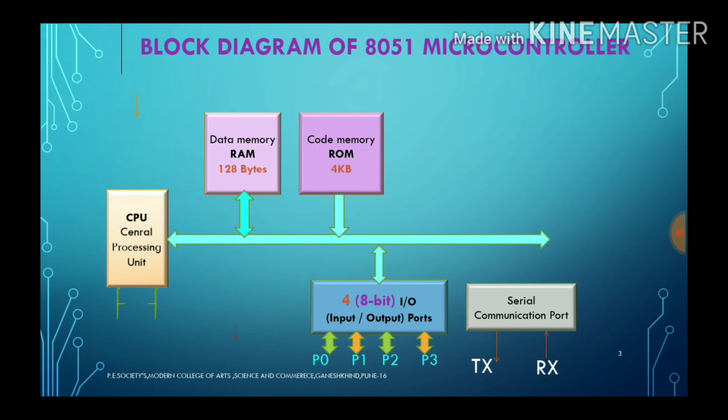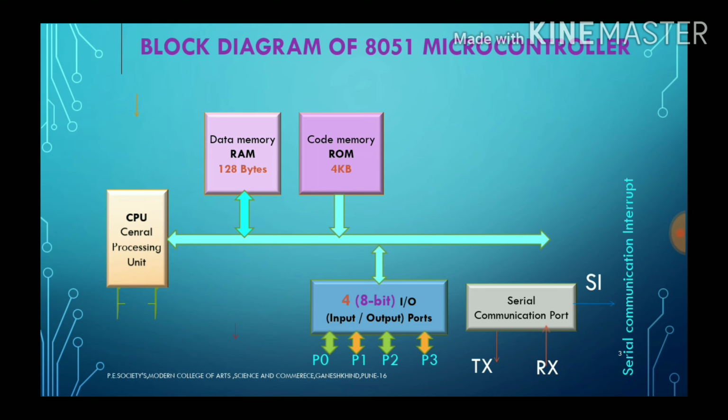Whether this serial communication is transmission or reception, as it is going to happen bit by bit, at the end of a single data communication we should have an interrupt generated in the system to tell the system that a byte of data has been communicated. For that, the serial communication facility generates a serial communication interrupt, SI, which is internal to the system and can further be used as an interrupt.